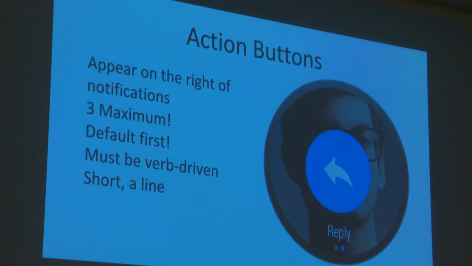So if you get a text message or a Hangouts message, you can swipe to the right, and if the app allows for it, you can reply. One of the cool things about the reply is you can reply with voice if your app allows for it, or without any coding actually. So Hangouts currently, if you get the Android Wear developer preview, you get the app, you get all that set up,